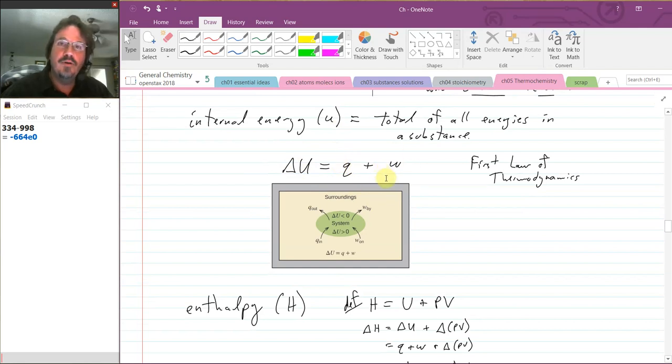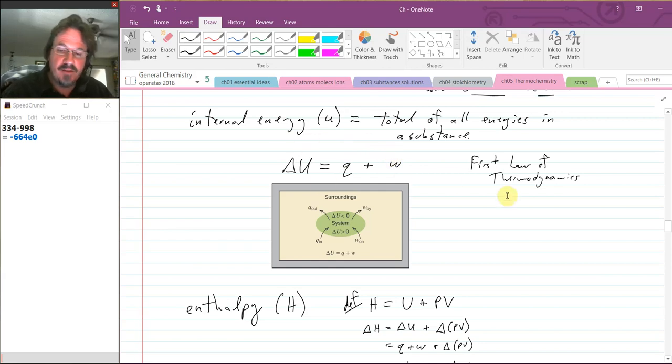You see, I could push against something, I could cause something to move. That's what happens in gasoline burning in the car. It's pushing against the pistons of the engine and it causes the car to move. That's doing work. The car is not necessarily getting hotter, but it is being put into motion. And so work is another way that we can absorb or release energy. So the change in internal energy, where does it go? It flows out as heat and or perhaps work.